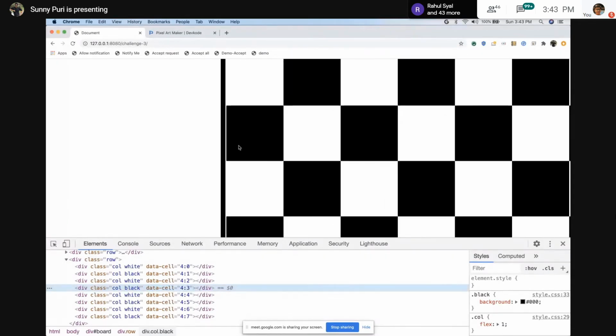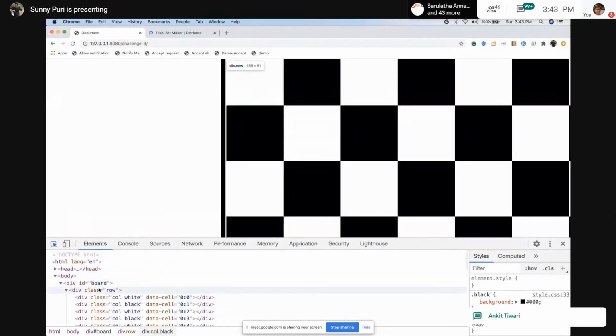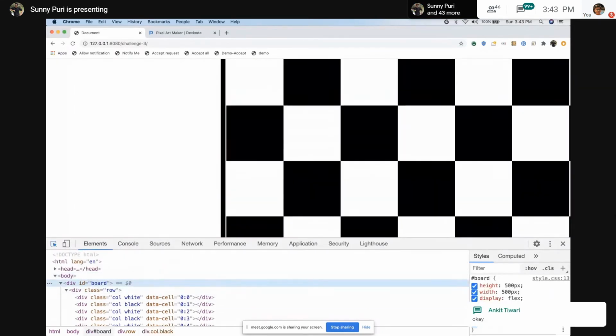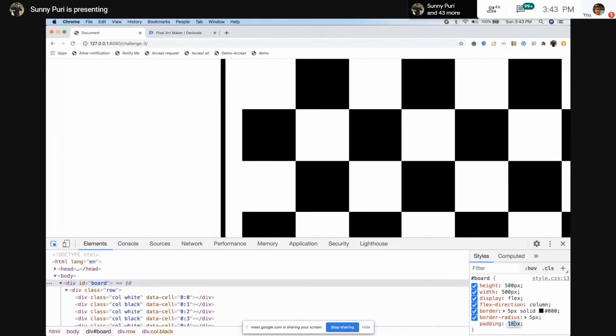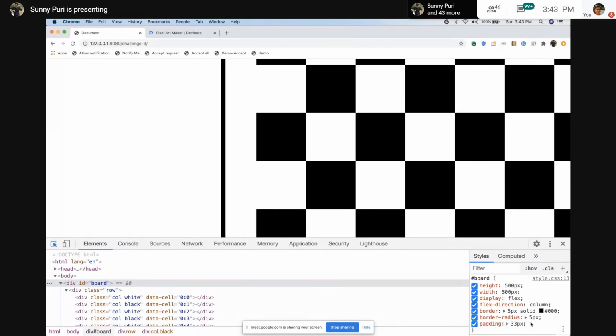So let me create a scenario. If I increase the padding, and the user clicks here, because the event listener is listening to the whole board, I'm clicking it continuously and the event listener is triggering.